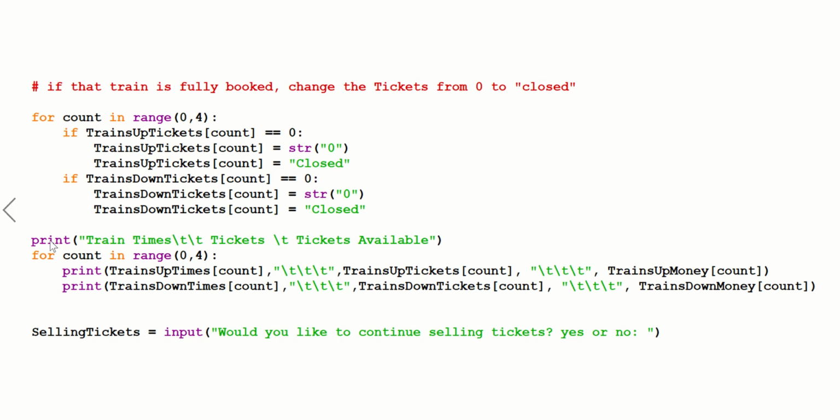Now for this one, print train times, space, tab, tickets, tab, tickets available. Actually, this is wrong. Change times is correct. Tickets is correct, but change the money, it should be money collected. So it would print that, and then it would do this 4 times,